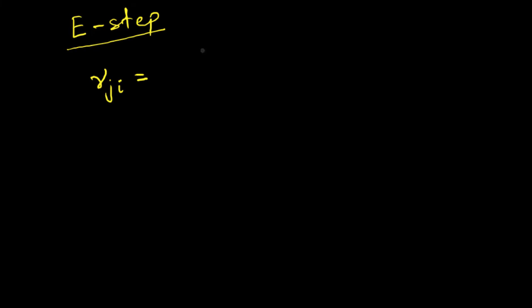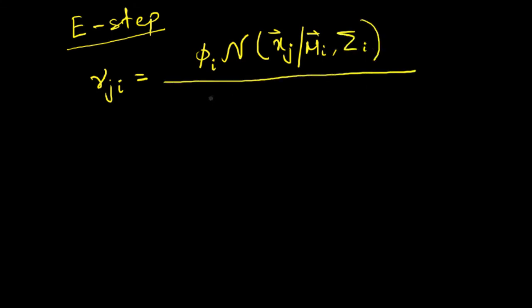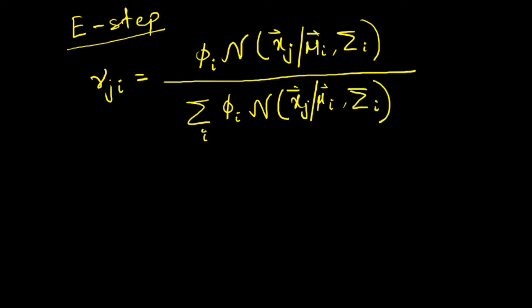And the expression is gamma ji equals phi I times the normal distribution of xj given mu I comma sigma I, divided by the sum over all i's of phi I times normal xj given mu I and sigma I. This will give you the fractional assignment of a given data point to a particular cluster point, and this essentially is the probability that your given data point xj belongs to the cluster ci,